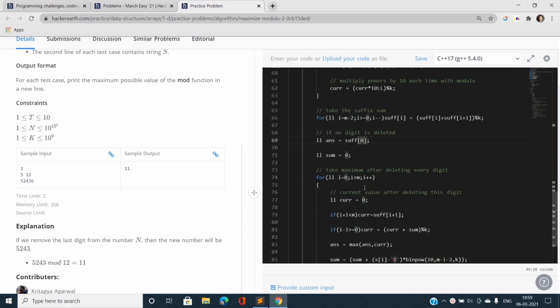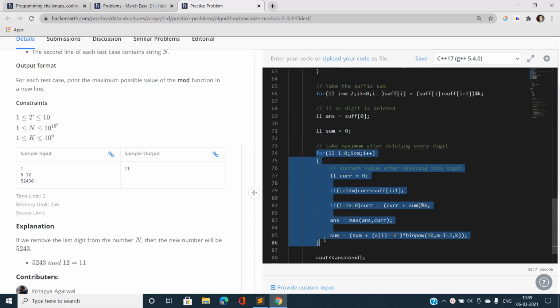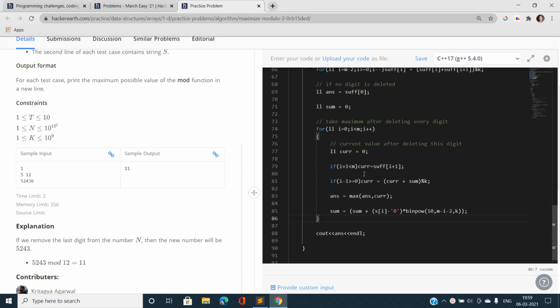And what about deleting a single element, or you can say a single digit? So take the maximum after deleting every digit. You can see here it is a simple while loop. I am going to fetch the answers in O of 1 time. So our current answer, let's initialize with 0, and if i plus 1 is less than m, so I am at the rightmost end of the string, so I am going to delete that, so there will not be any digit to the right. So I am going to check if i plus 1 is less than m,